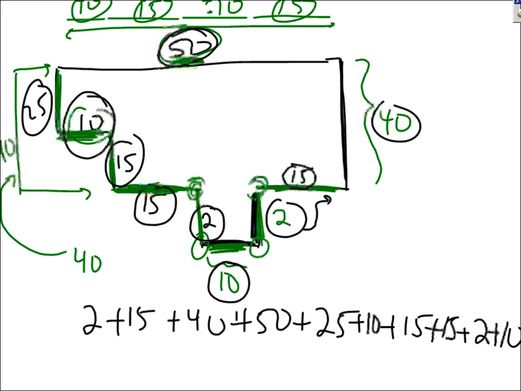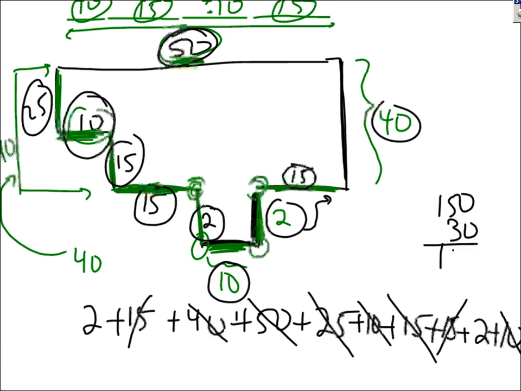When you add these numbers, well, 40 and 50, that's 90, plus 10 is 100. 25 and 10 is 35, plus 10 is 45, that's 145. 15 and 15 is 30. 80. 182. 184. The perimeter is